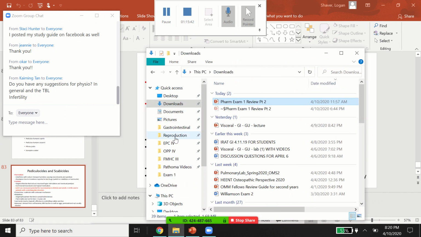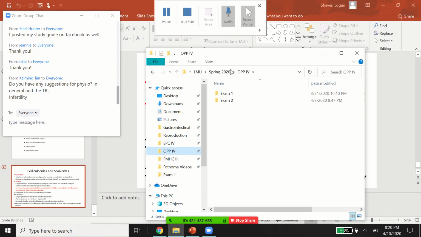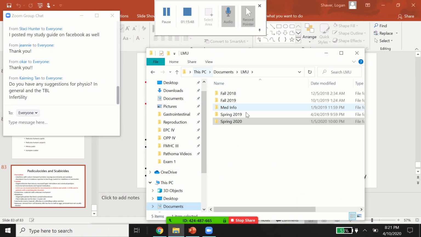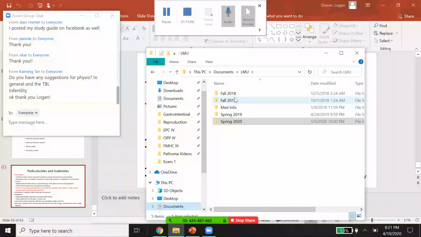If I do find something that leads me down that rabbit hole, I'll do that. But I doubt I have anything pertaining particularly to the TBL, but I'll look into it. If not, if I can't find anything,